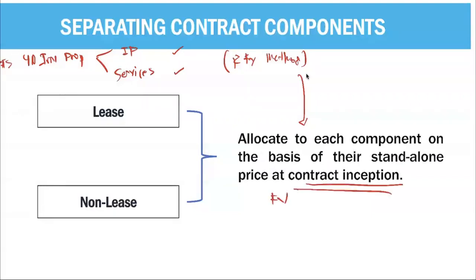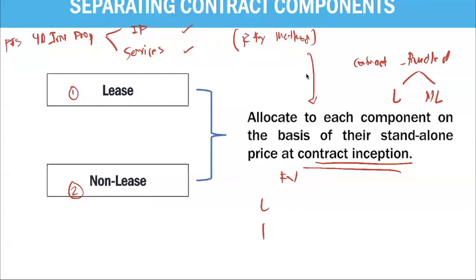So here again in your lease, since this is a contract, if ever it is a bundled contract, meaning there is a lease and non-lease component, what do we do? We also separate them. You separate the lease and the non-lease component of the contract using the relative fair value. So just a quick recap on what a relative fair value is again. A relative fair value happens in case we have here lease, non-lease, let's say, and we have here your total contract price